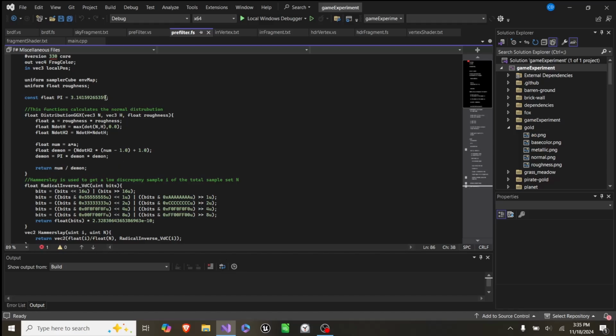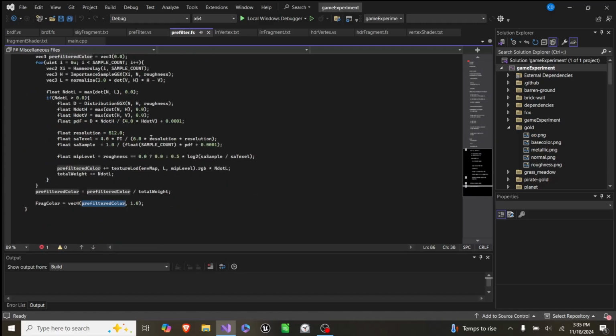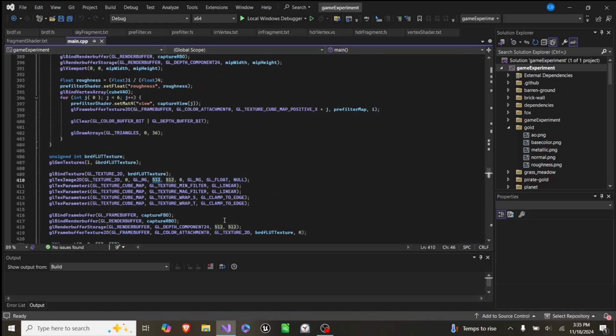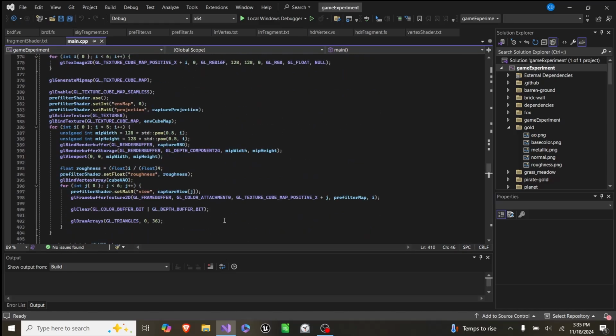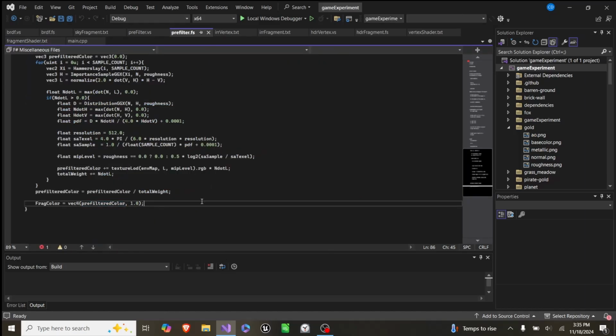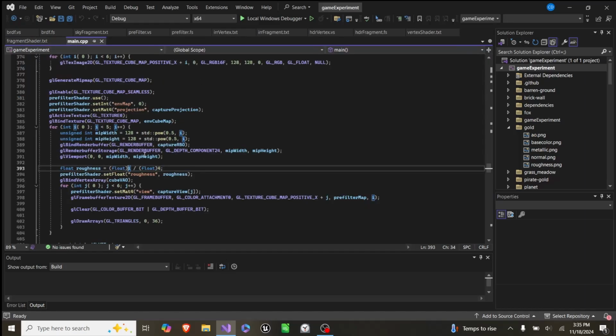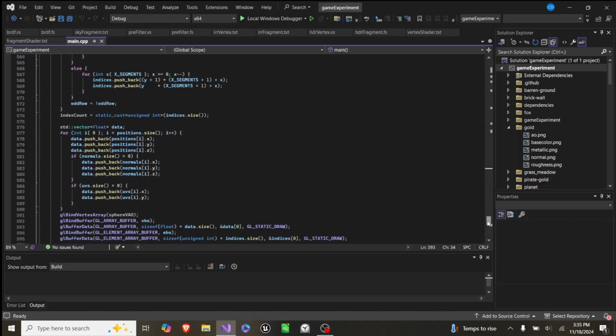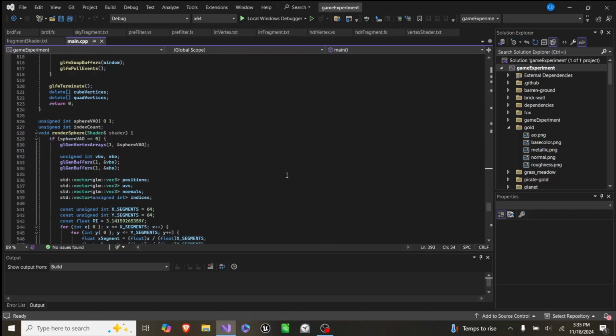So we've taken a roughness here, and our roughness values are based on our MIP values. As we can go here, we set roughness equal to i divided by 4. So each consecutive MIP level gets rougher and rougher, and the rougher it gets, the more blurry the scene will be. So I can actually show you if we go down here and we set our,